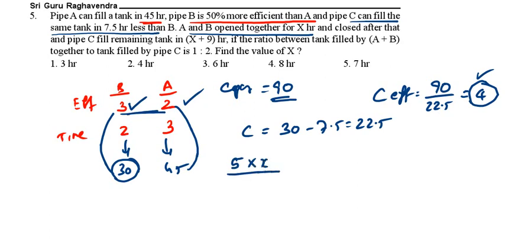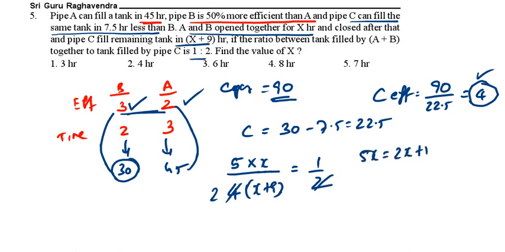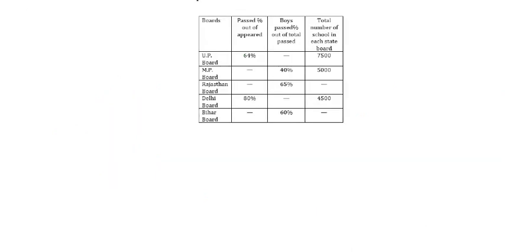Now calculate this. 6C2 is nothing but 15. This is 15 into 5C2, which is 10, by 11C4, which is 330. How to calculate 11C4? 11 into 10 into 9 into 8 by 4 into 3 into 2 into 1. 4 ones are 4, 4 twos, the 2s cancel, 3 ones are 3. 11 into 10 is 110, 110 into 3 is 330. Plus 6C3, 6 into 5 into 4 by 3 into 2 into 1.